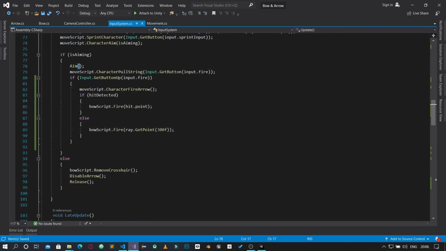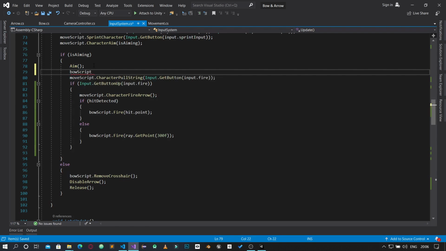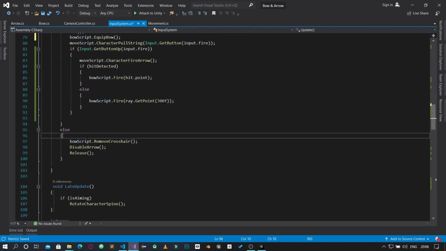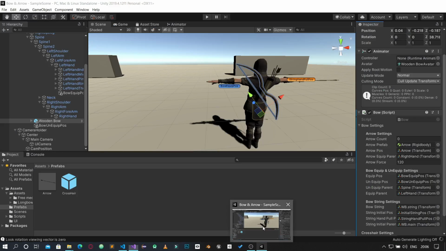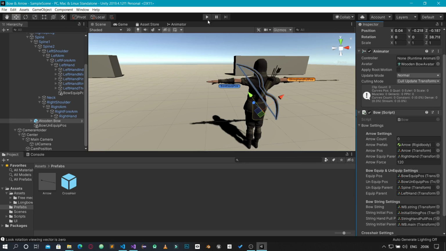now this aim function, we are going to actually call the bow script. So we are going to say bow script dot equip bow. So we are going to equip the bow when we are in the aim state, and then we can copy this and we say else. If we are no longer aiming, we do bow script dot unequip bow. Save this, and then now we can play,